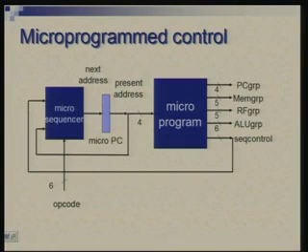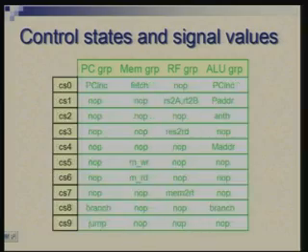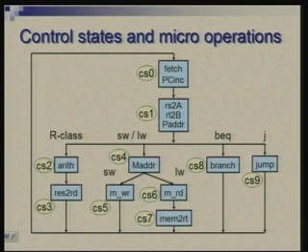Okay. Now, what is this other style of control design which I mentioned, microprogram control? Here we try to view the controller as something which is a small program. Okay, something like a small computer trying to control the data path. So, if you look at this, for example, you could think of this as a program flow chart.